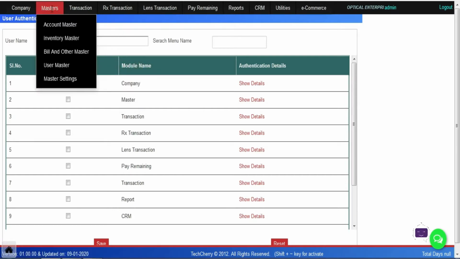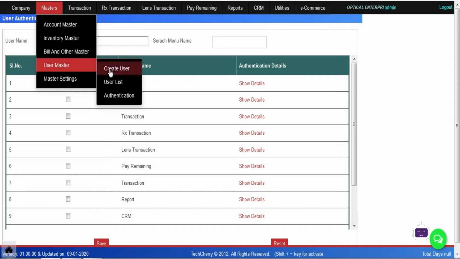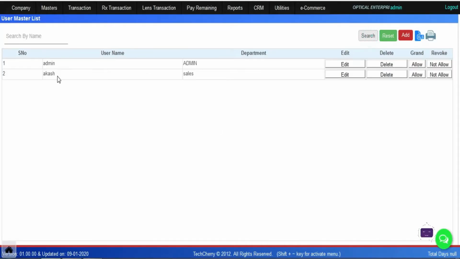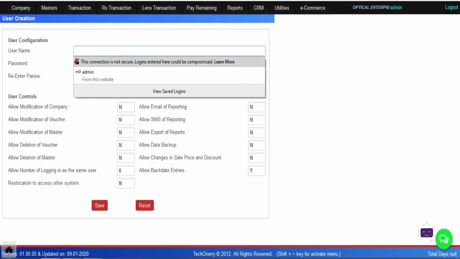Now if you want to check the list of all created users, you need to click on User List. So the user list will come. Right now how many users do we have? Only 2 users. Admin is there by default, and you cannot delete it. You can create or update the users which you created. Admin is a system generated user and you can't delete it.